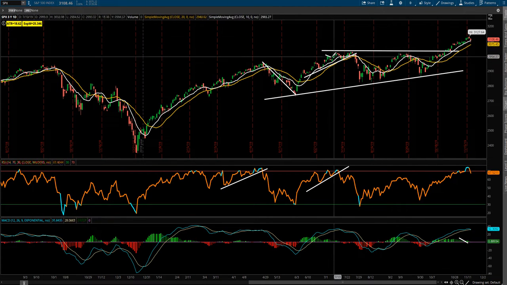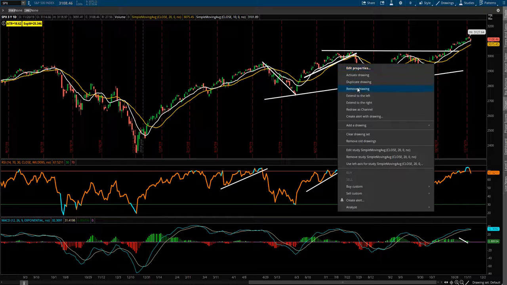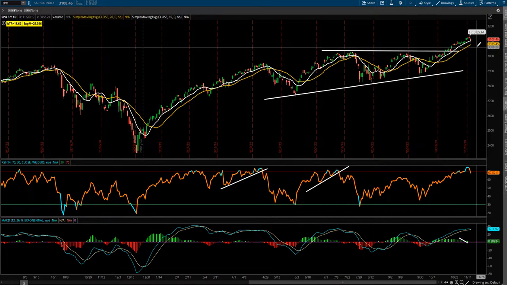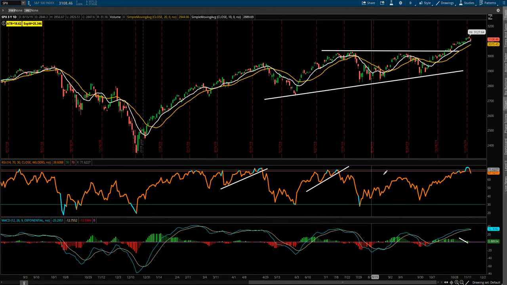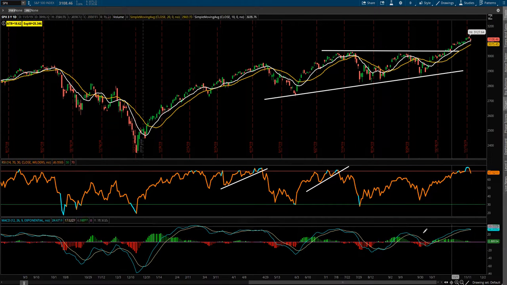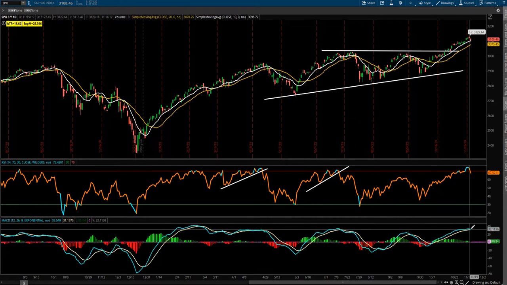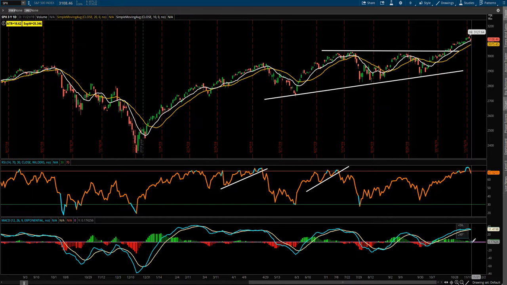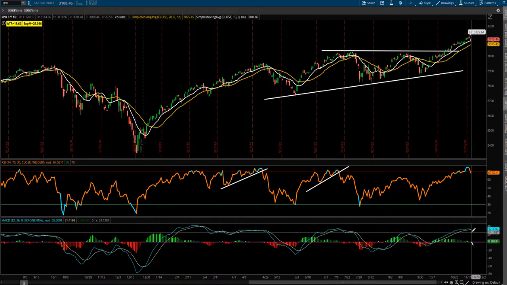So this doesn't mean that we're all of a sudden going to, again, collapse or anything like that. It's just a warning sign saying, look, we were trading above that 10-day moving average for a long time. We've now dipped back below that. Our RSI was above 70. It started to turn over. And again, if we take a look at the MACD here, that histogram looks like it has a potential to flip negative, and we do have a potential for a crossover. It hasn't happened yet. So again, this is just an area that we want to pay close attention to.